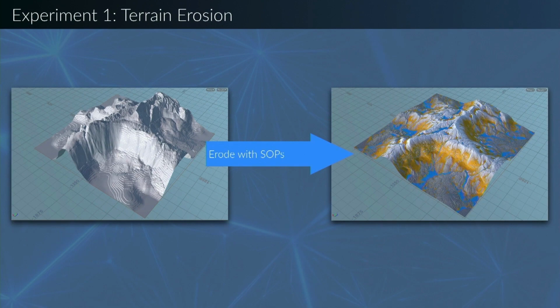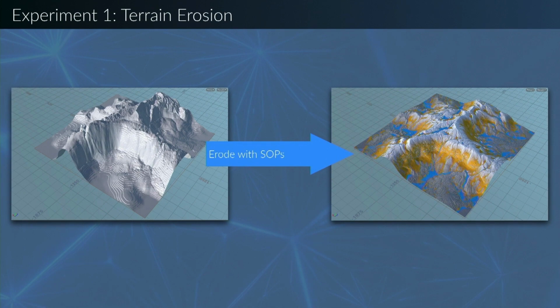But keep in mind that these things are just examples around terrain, okay? They're here so that we can clearly understand the relationship between PDG and machine learning and see it in context, but they're not themselves yet ready for production, okay? So with that in mind, let's take a look at the first example, and this one is around fast terrain